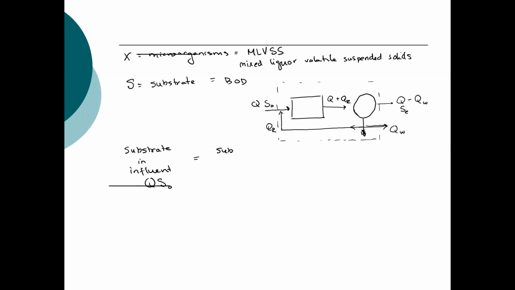The substrate in the effluent, so that is Q minus QW times the effluent concentration plus the substrate in my waste activated sludge, so that is QW. And because I don't have any removal of BOD in the sedimentation basin, that's also equal to S sub E